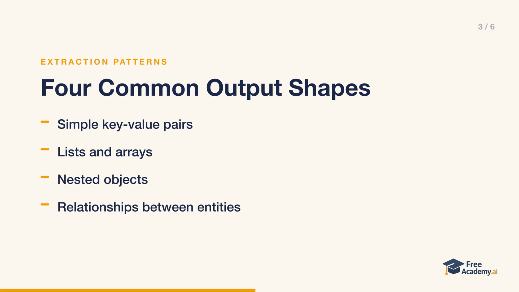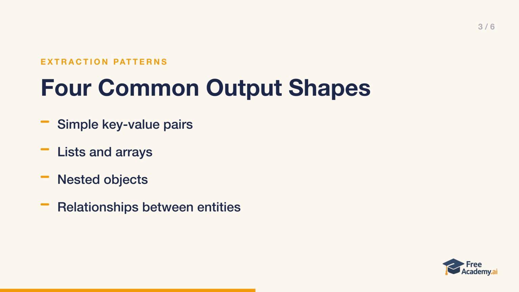Then there are nested objects, where one record contains another, like a company that holds an array of contacts, each with a name and a role. And finally, relationships, where you capture how things connect, such as which person reports to which manager. Knowing these four shapes, key value, lists, nested objects, and relationships, means you can design a structure for almost any